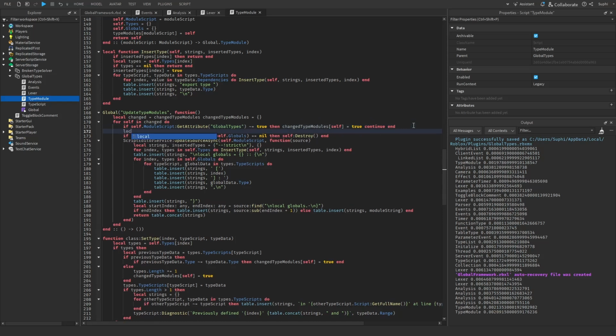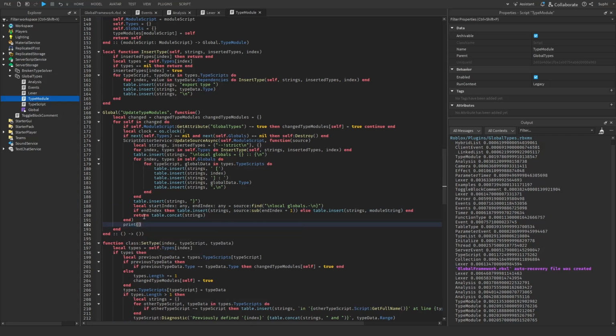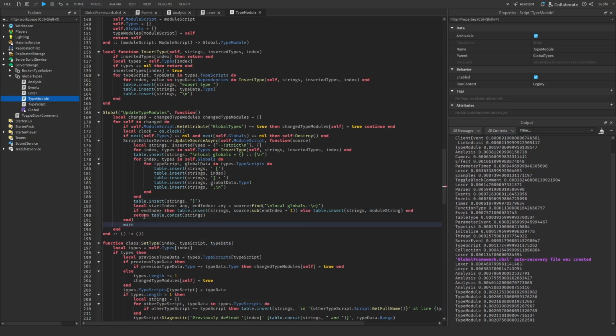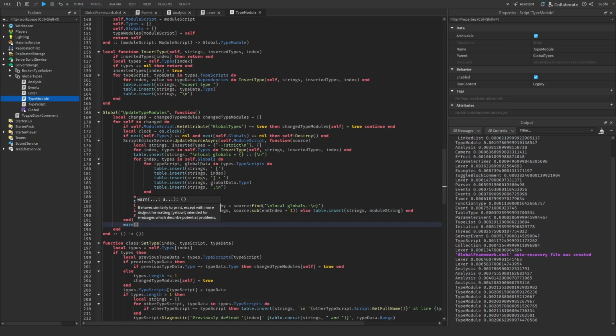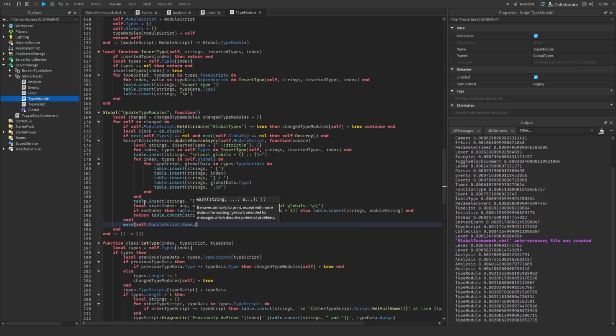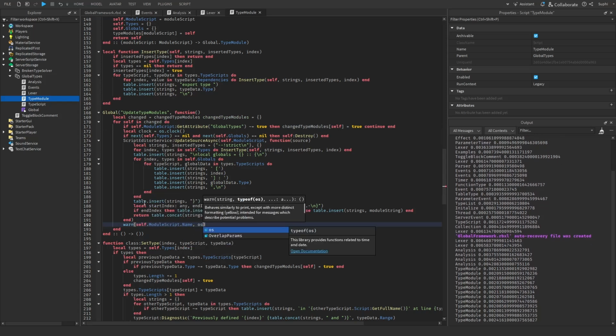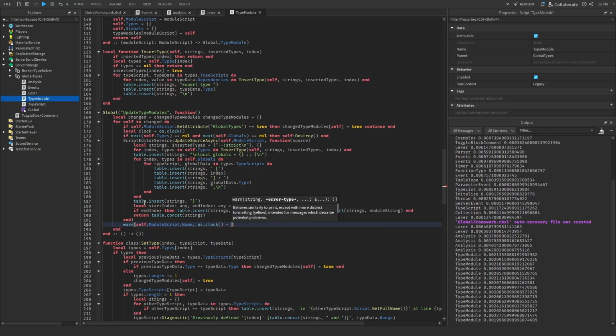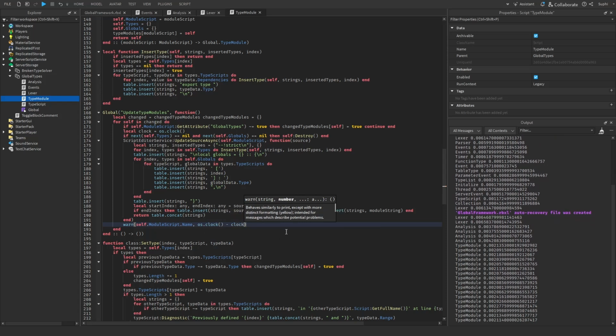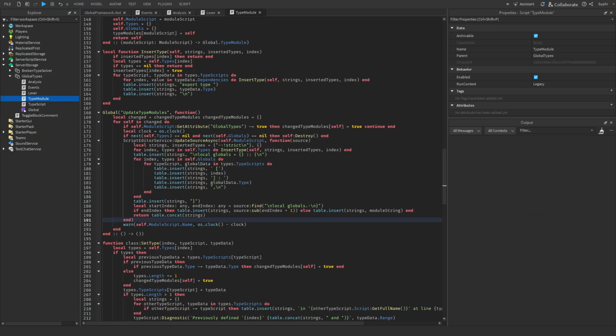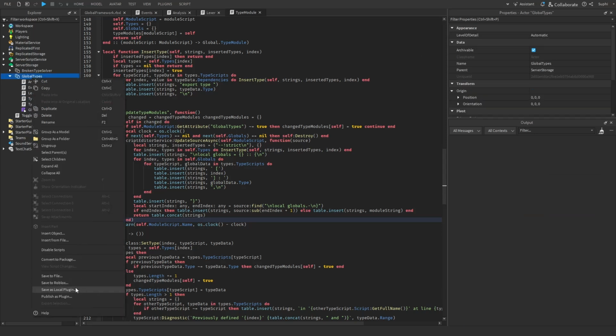So let's make local clock equals os.clock, and then over here I'm going to say print. Actually, let's use a warning so it's more defined, and I'm going to use the self.modulescript.name, and I'm going to print os.clock minus clock. Okay, so now what we should see is if I save this as a local plugin,